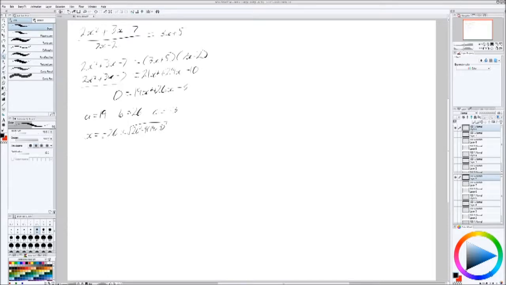Okay, at least it won't be an imaginary number, which is nice. All over 2 times 19. Negative 26 plus minus, so 26 squared